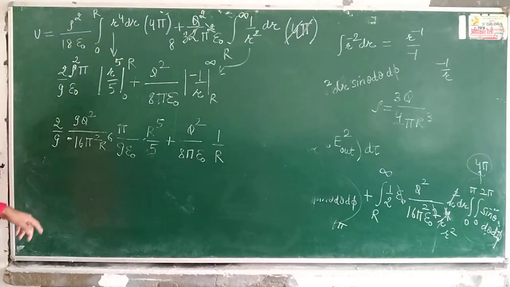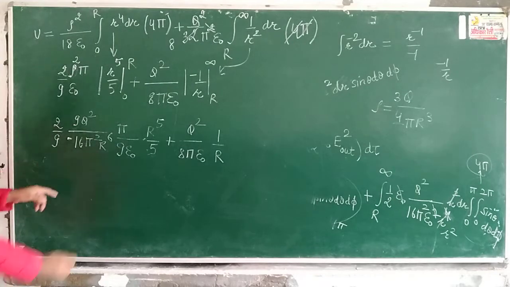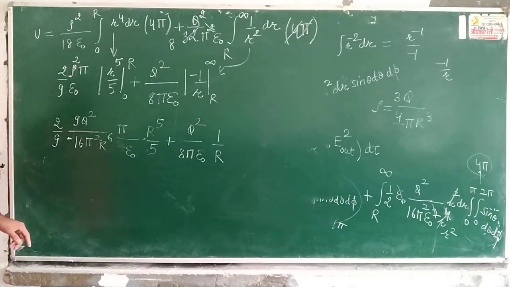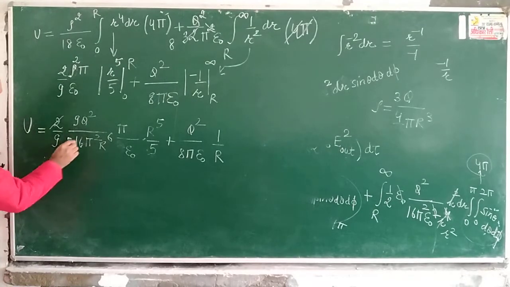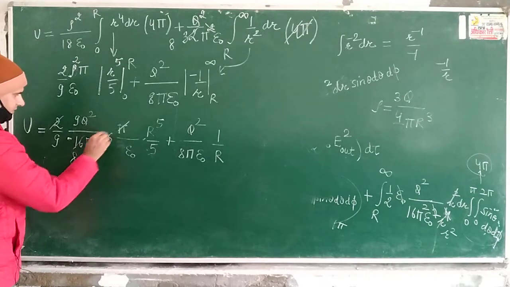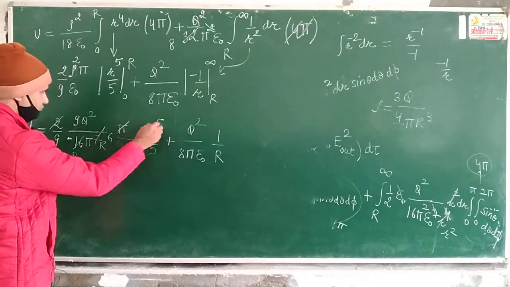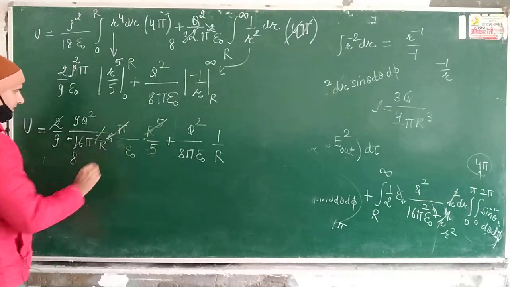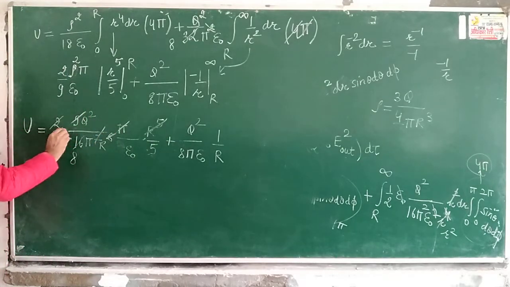Okay, and here we have taken this 9 two times, so let me erase it. Okay, now see what will be the result. After solving and adding all these things, you will get the self energy. Okay, so class, if you solve all these things, 2 will cancel, here you will get 8, and here you have pi square and pi, it will cancel, and then you have r raised to power 5 and r raised to power 6, so it will cancel here, and 9 is present in denominator and numerator both.